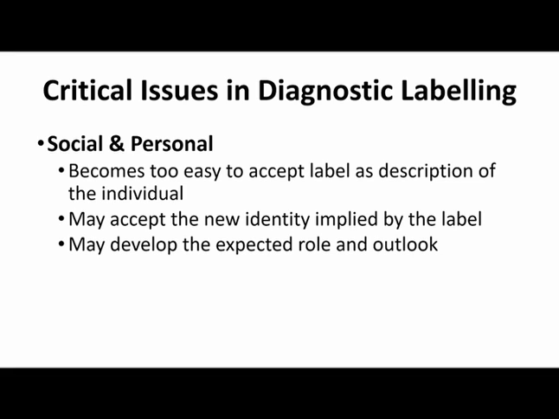Now, this, albeit vague, idea of having a diagnosis or diagnosing an individual may sound all well and good, and like we said at the beginning, you really do need a diagnosis to be able to start treating people in a lot of cases. We have to consider that there could be some critical issues that come along with having a diagnosis. So, along with a diagnostic label, there come a couple of other issues, some social and personal issues, some legal issues. So, let's talk about a couple of those.